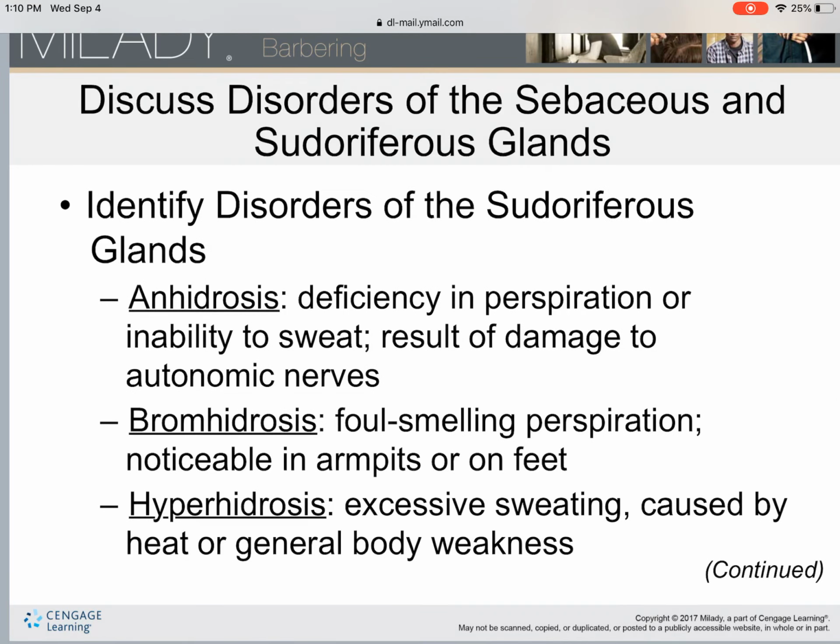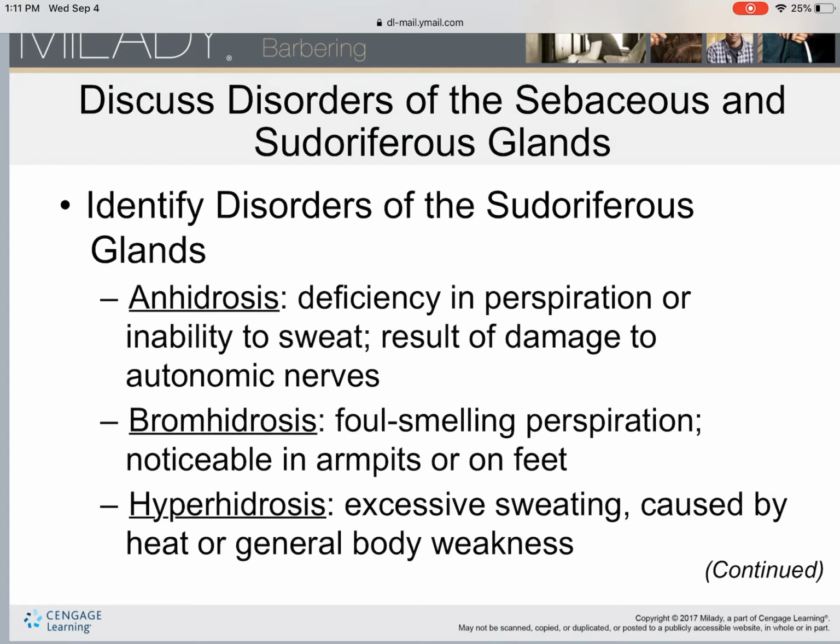Now we got to talk about some disorders of the sudoriferous glands. Sudoriferous glands are your sweat glands. Anhydrosis. Anhydrosis represents a deficiency in perspiration